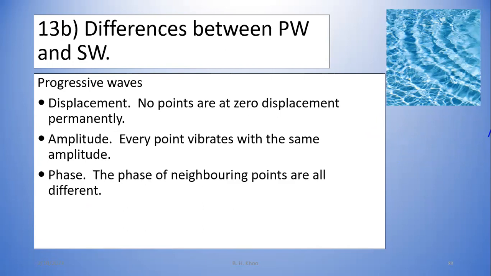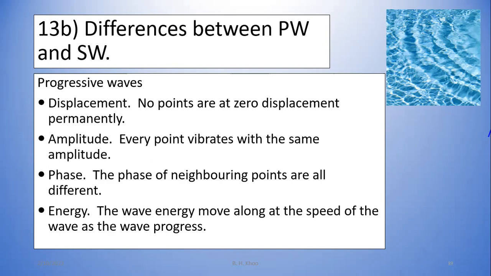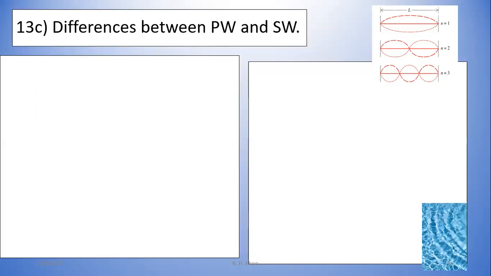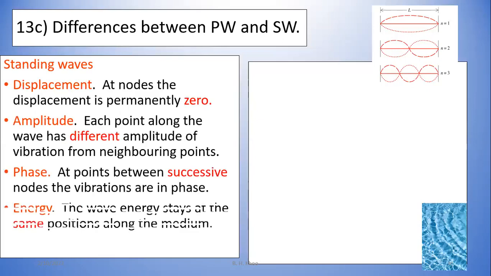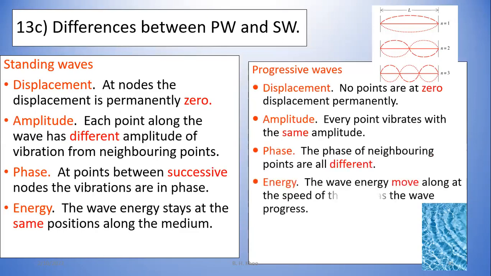Phase, the phase of neighboring points are all different. Right? They are all at different phase of vibration. Energy, the wave energy moves along at the speed of the wave as the wave progresses. Okay, so that summarizes for you here. If you can remember DAP,